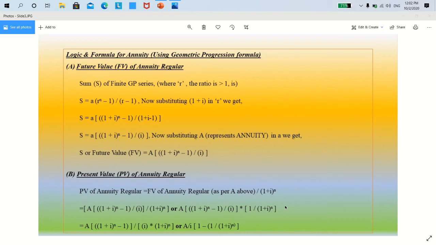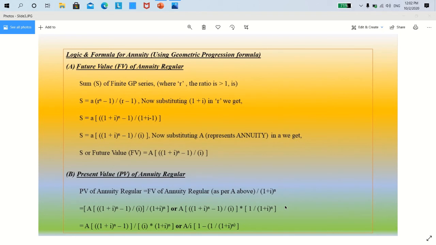Students, I am sure that you already know what is annuity regular. Again, to recap, it is a plan where the payment or the receipt is received at the end of each period, correct? Now, going back to our example, Mr. Y was asked to pay me 5,000 rupees at the end of each year, starting from this year till the end of the 5th year, okay?